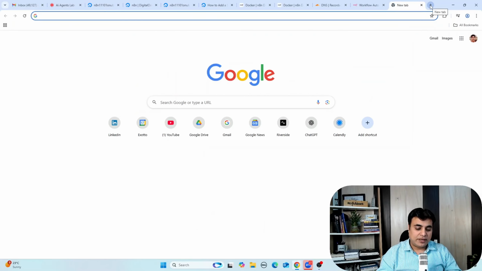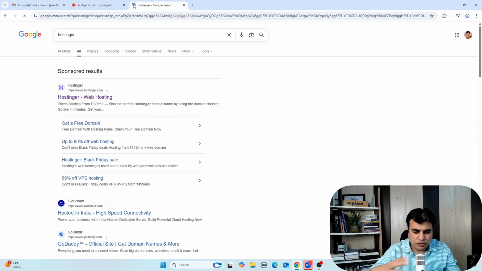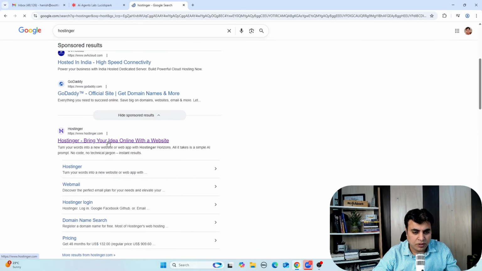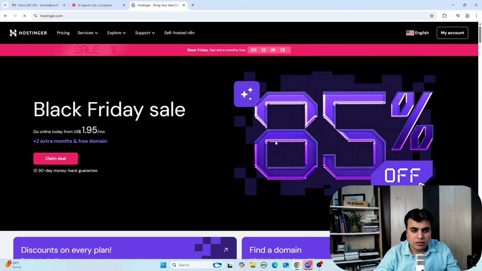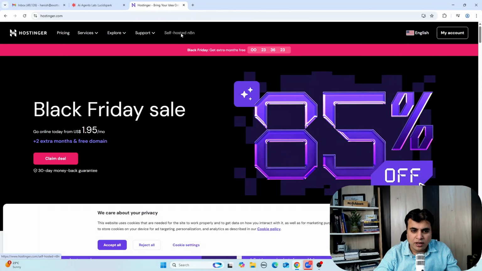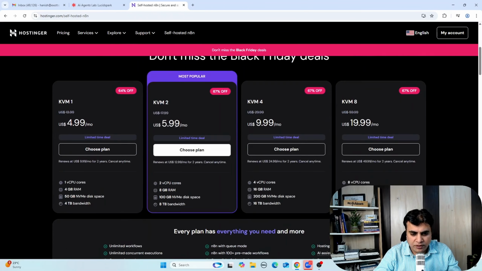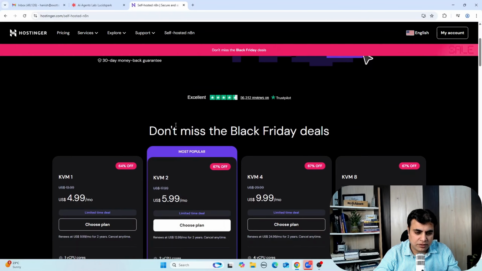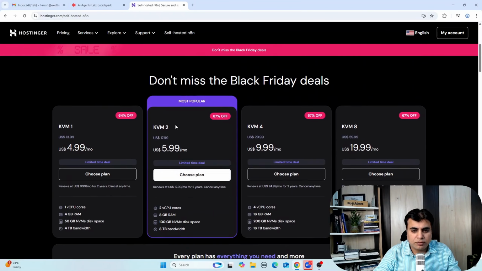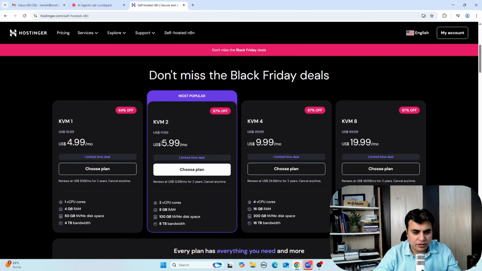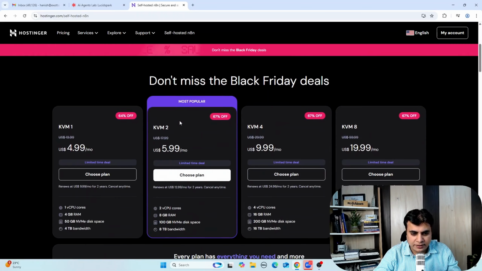Now there is another service where you don't even need to do any setups. If you just go to their website, search for hostinger.com, go to their website, and on the homepage itself they have this self-hosted N8N, or maybe in future if their interface changes, you can just search in Google like self-hosted N8N Hostinger, and then you can directly redirect to this link. So currently they are having one promotion going on, whatever in future the price would be. So on the basis of the price at that time, you can buy the Hostinger N8N subscription by going